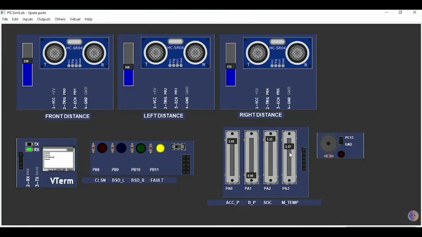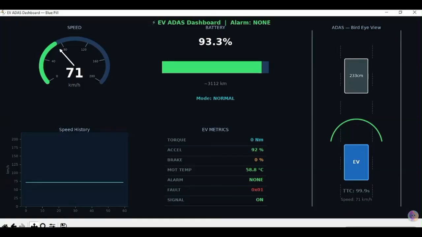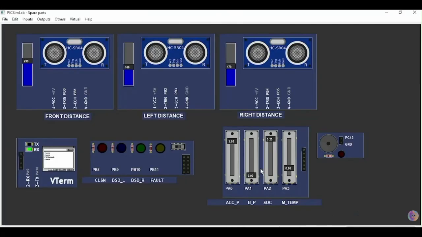Then when we decrease the temperature to a normal level, we can observe our torque returning to normal. Let's wait. As we can see, the torque has returned to normal. Like this, we have successfully implemented the